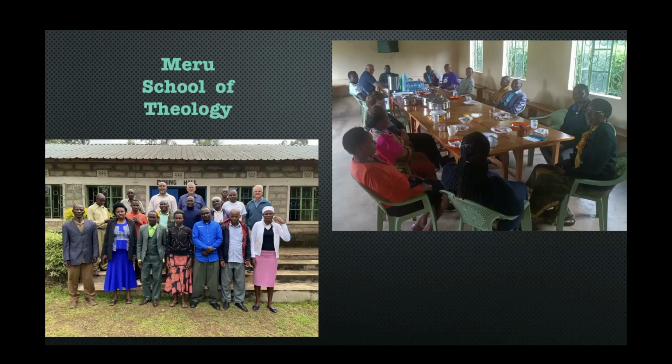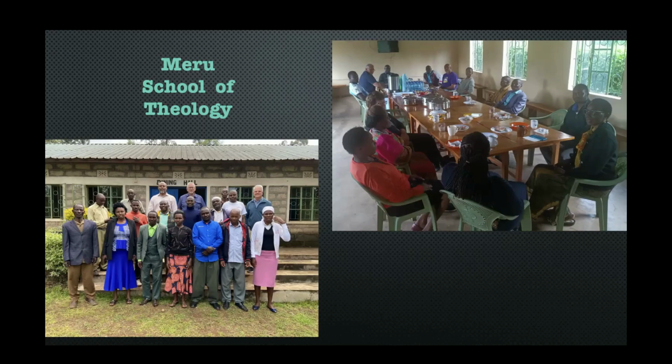In the picture on the right, you can see that first meal that we had when we went to visit the facilities on that Saturday. And I could go around and tell you the names of all these people, but you wouldn't remember all of that. But I do want to point out at the far end of the table, in the middle, is Jeffrey. Again, he's the director of the school. And on the screen to the right between Jeffrey and I is Joshua, the person who I told you watches over the facilities in the evening.